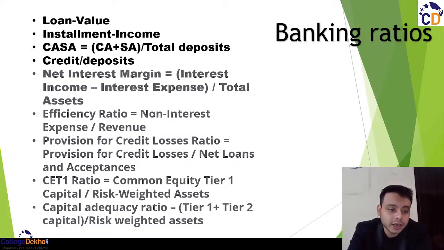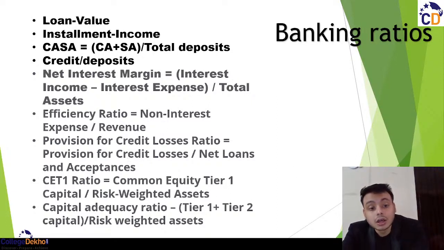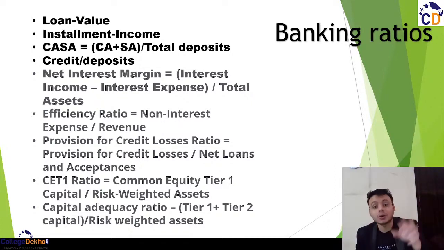अब इससे लोन होता है, we have the provision for credit losses divided by the net loans and advances. Okay, अब provision for credit losses, again we want this ratio should be high because we want कि net loans and advances जो हमने लोगों को दिए हैं वो हमको वापस मिलें. अगर नहीं मिल रहे तो the provision for such NPAs should be high so that the bank does not go into the field of bankruptcy. Okay, so these things we should know. अगर लोन दे रहे हो तो provision उससे भी ज्यादा होना चाहिए.